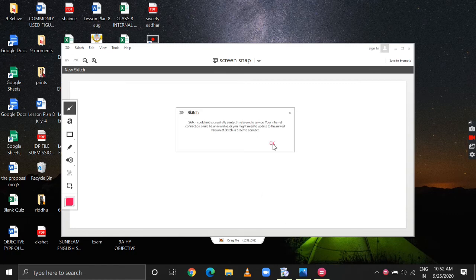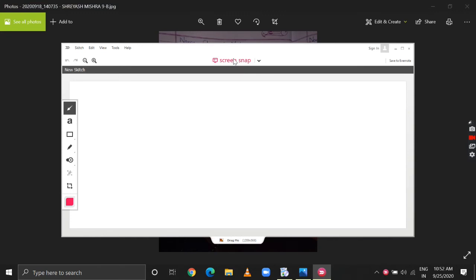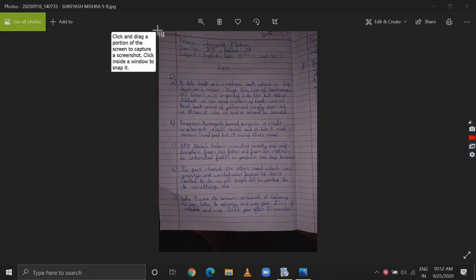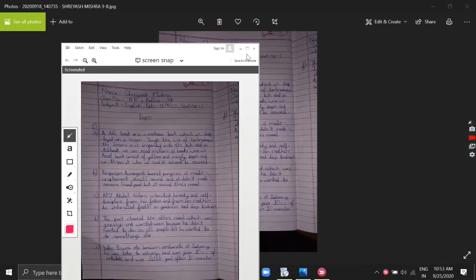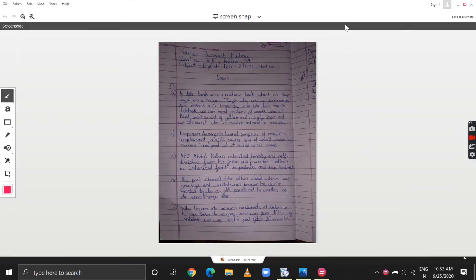In fact, if we open it earlier, my task will become easier. So now I need to open the file at the back, open Sketch and use screen snap. Now you have to select the portion that you want to snap. See, the copy has already come up here, and now we can do the correction. This is the pen option. We can pick up the pen from here. Color is also available. Whichever color we want, we can select. Usually we are going to use red for correction.